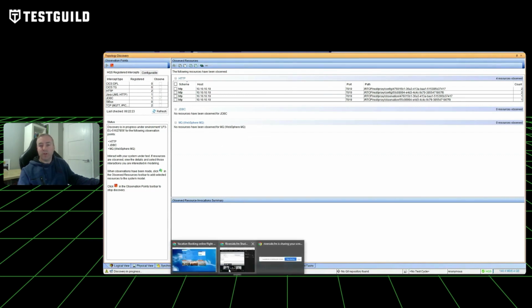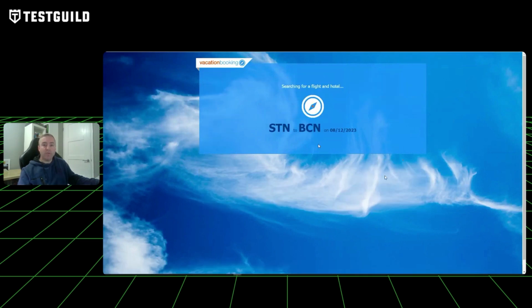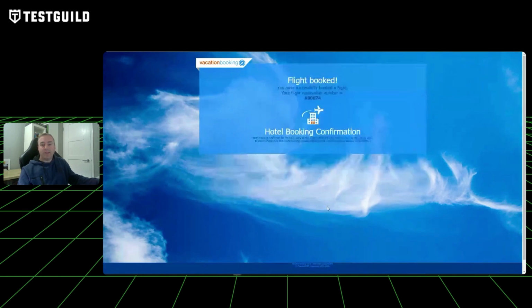If I use it by trying to book a specific flight, here I'm going from London to Barcelona, I'm looking to book a hotel, and I'll just quickly pre-fill these form details so I can process an order. We'll see that it confirms my booking, gives me a reservation number,